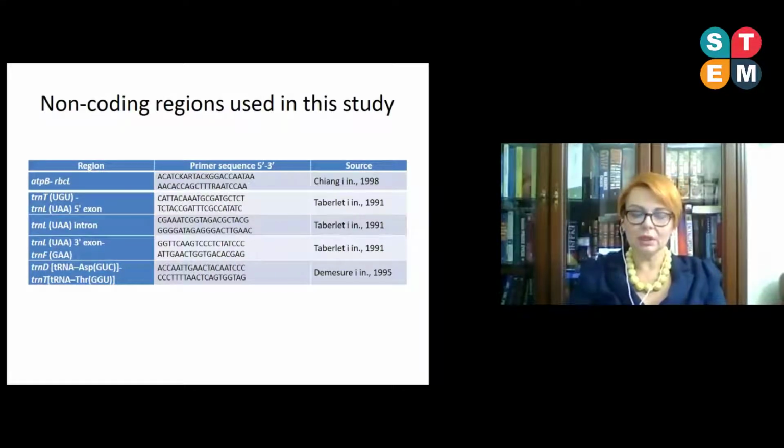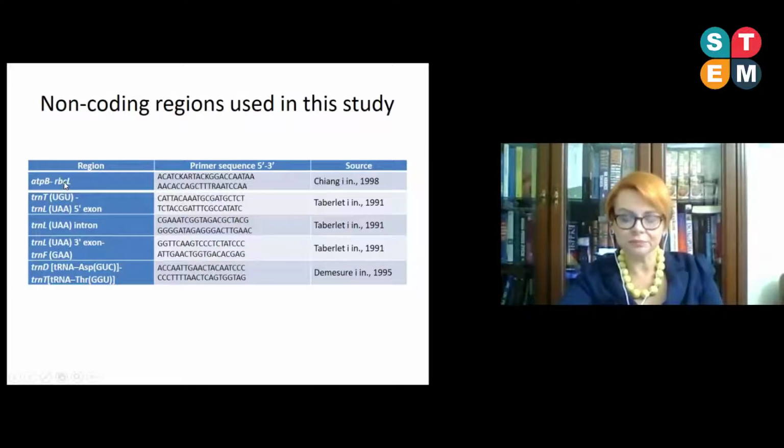Our analyses were performed using universal primers for amplifying non-coding spacers of the chloroplast genome. Most of the primers were designed for amplifying spacers between tRNA genes, which provide variety among species or populations. We also used a non-coding spacer region that lies between given